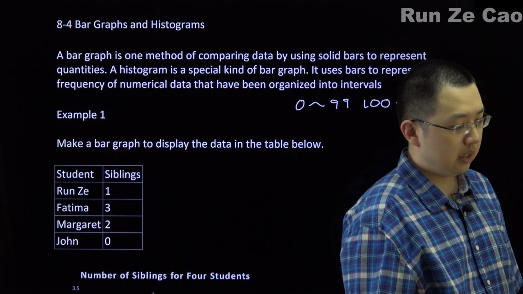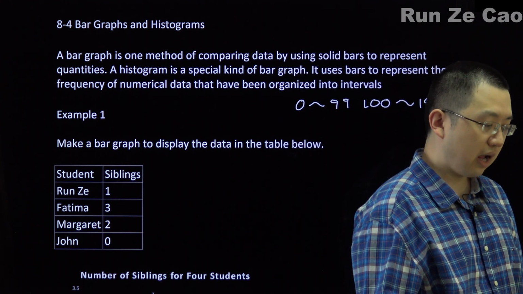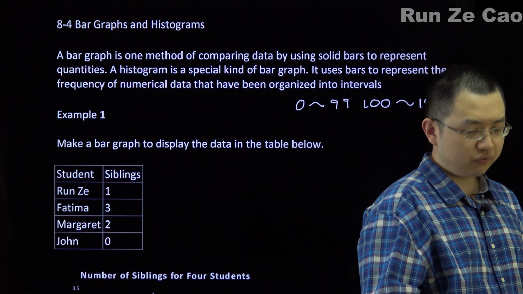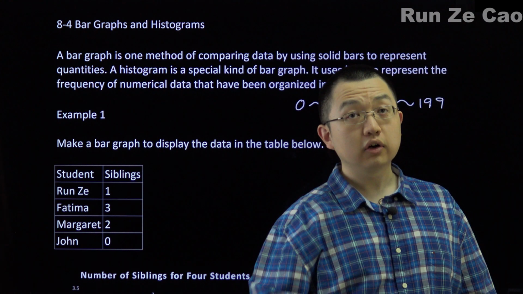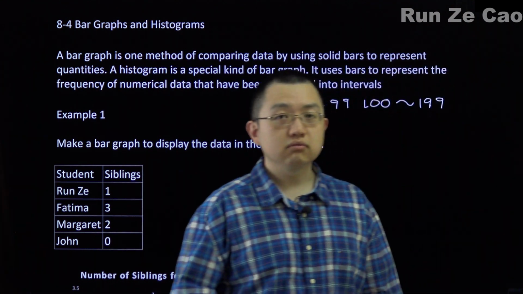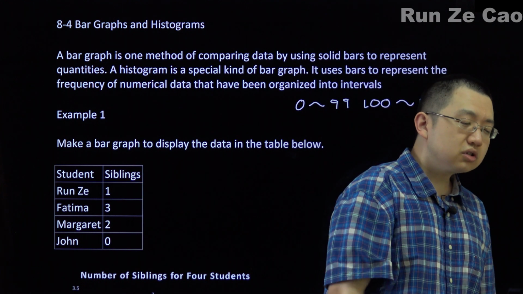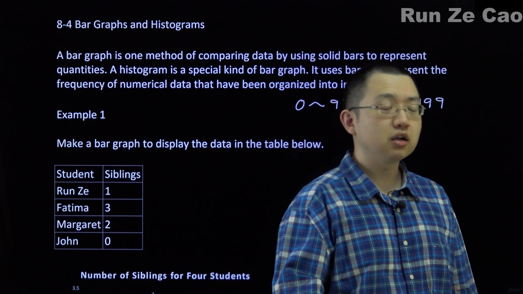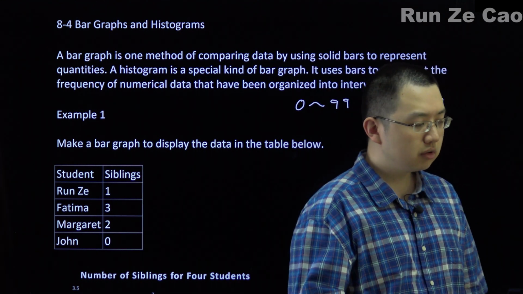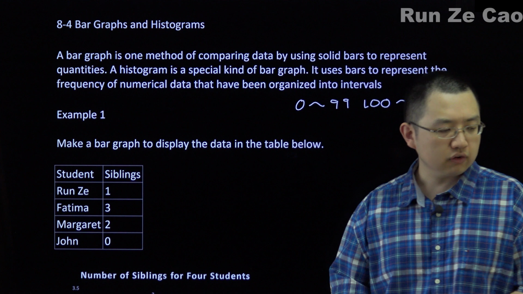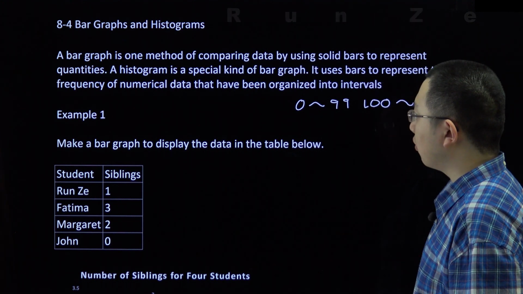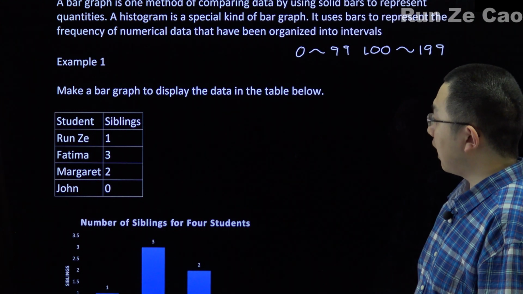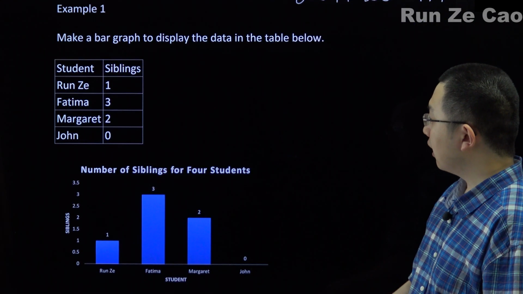So, a histogram is a type of bar graph. You may have seen them being referred to as column graphs before because the bars usually go vertically, whereas regular bars usually are used for horizontal. But that's just an etymological difference, really. It's just a name. So, a bar graph uses solid bars to compare quantities. The bars are the same width, and it's their length, or height, in the case of vertical bars, that shows